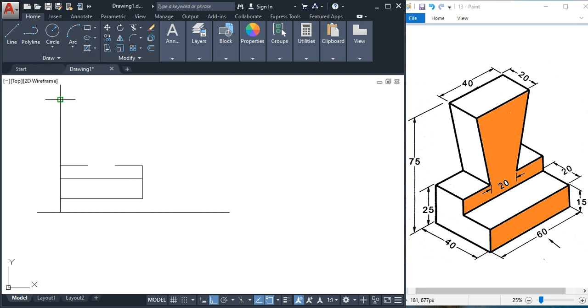So from this point you have to go 20, you have to measure, and from there you have to draw a line of 40. And here, I'm sorry, here it is 20 remaining, so 10 we have to take here, not the 20 here. So from this point we have to measure 10, and from there we have to draw a line of 40,